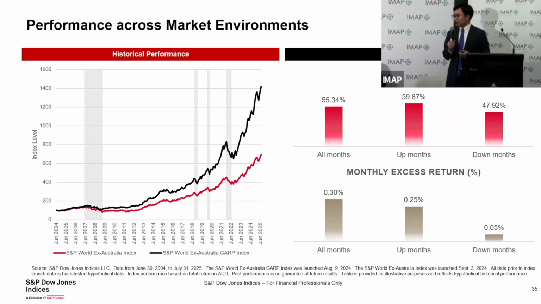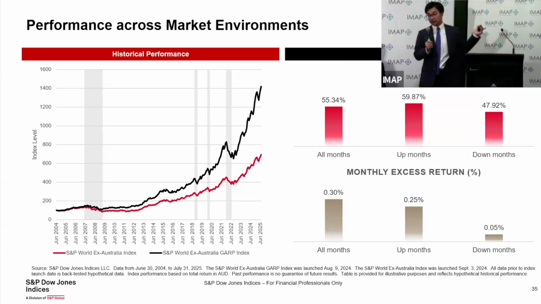And in terms of performance characteristics, if we break the markets down into up and down, the up is when the underlying benchmark is positive in the monthly returns, and down is when it's negative. It's more likely to outperform in the up market. About 60% historically, over 20-plus years of backtest, the GARP index outperformed the underlying benchmark. And when the market is down, it outperformed only about 48%. So it's a little bit more offensive, cyclical. If you look at something like dividend, it's the other way around. Dividend is more likely to outperform when the market is down.